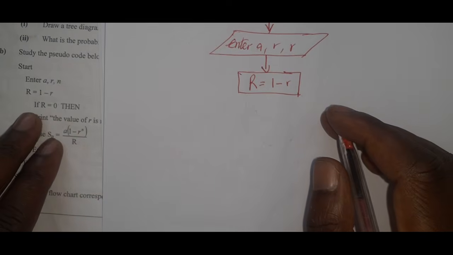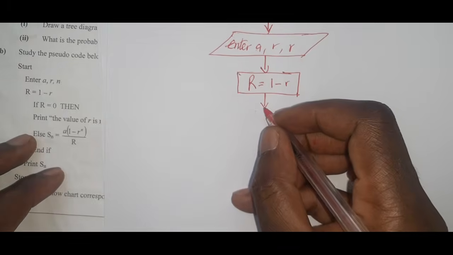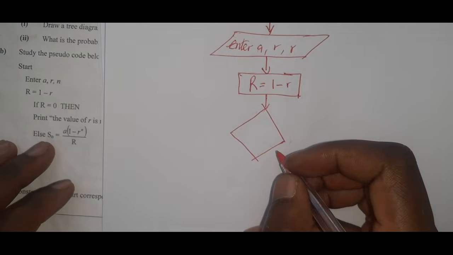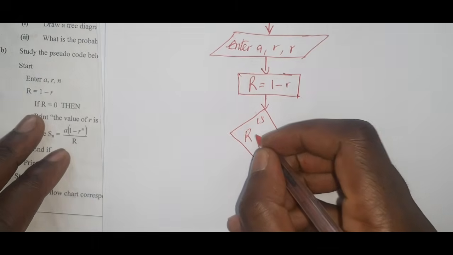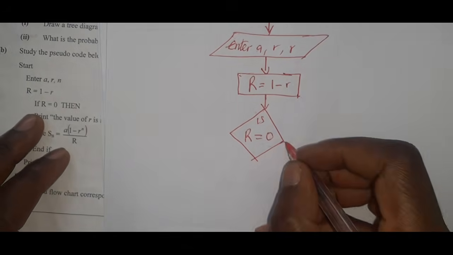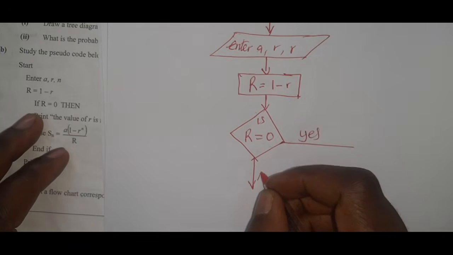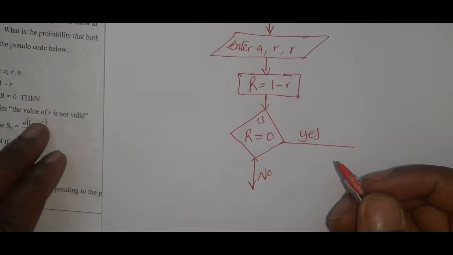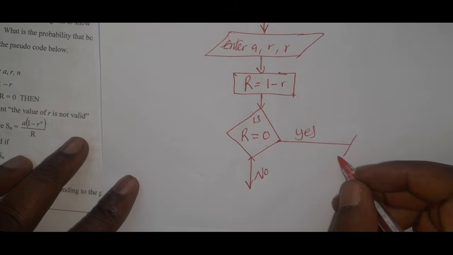Then here we have a decision that has to be made. Okay. We used a diamond box. So we're going to say, is R equal to 0? This side we're going to say yes. Then here we're going to say no. So this one goes with yes, the then part. So if this is the case here,